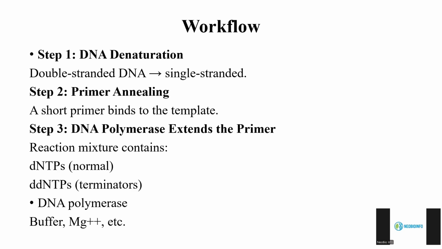DNA polymerase extends the primer. The reaction mixture contains dNTPs, the normal nucleotides like adenine, cytosine, guanine, thymine, and also ddNTPs, dideoxyribonucleotides. These are the terminators for each individual nucleotide. After that, the DNA polymerase reaction starts so that it becomes a complete DNA, and in this a buffer and